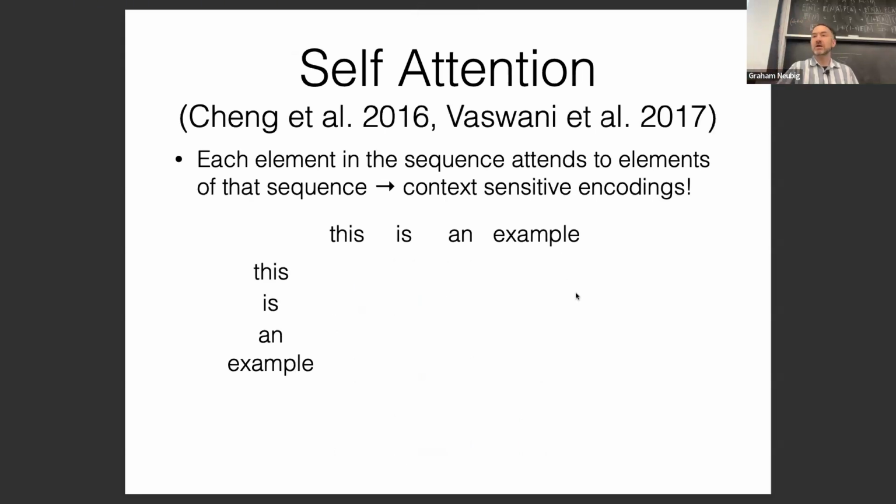Another variety is self-attention. And self-attention is when you're allowing a sequence to attend to itself. And the reason why you might want to do this is because words or tokens take their meaning in the context of the other tokens in the sentence. So, for example, one easy way to think about this is if you think about the word run in English,